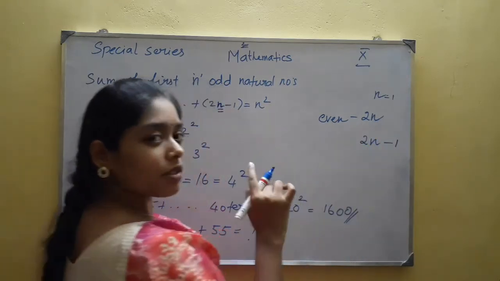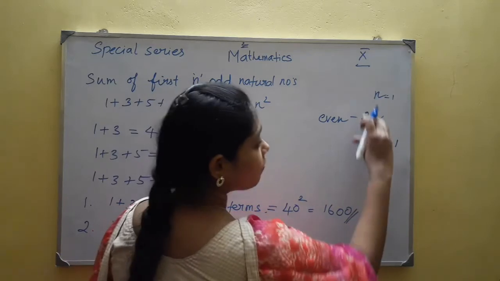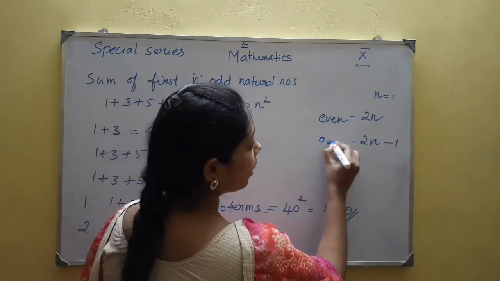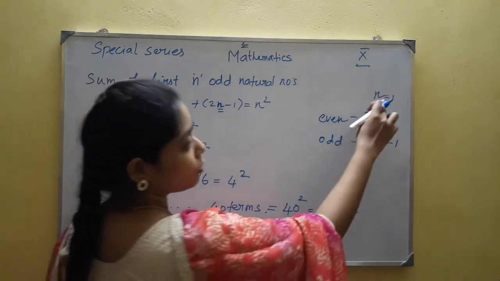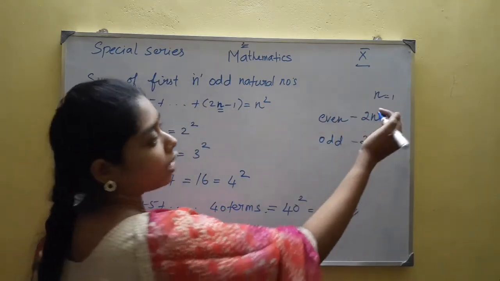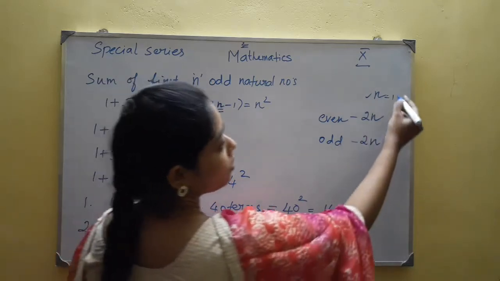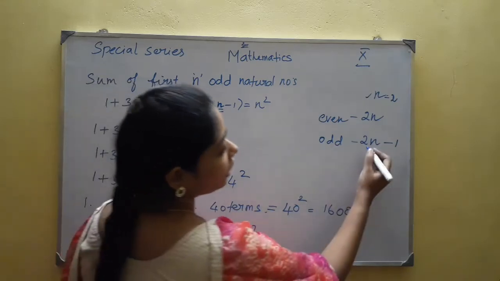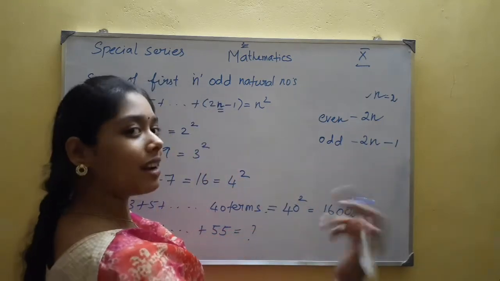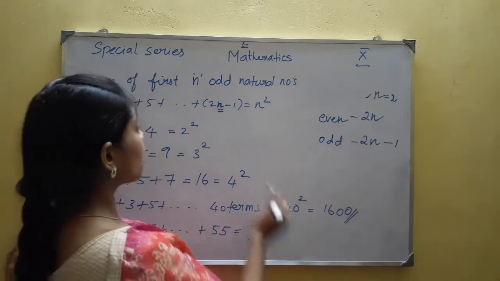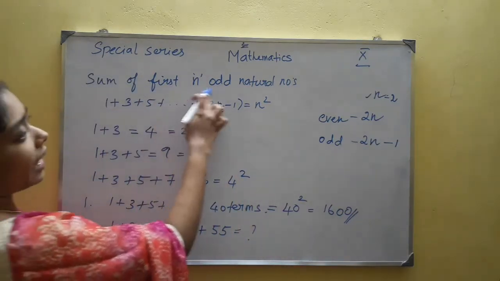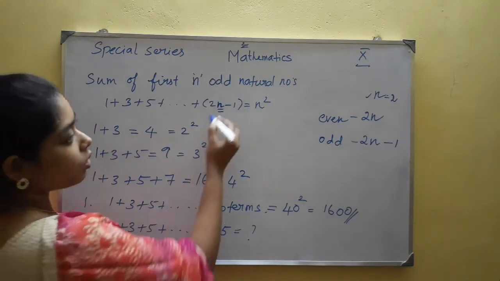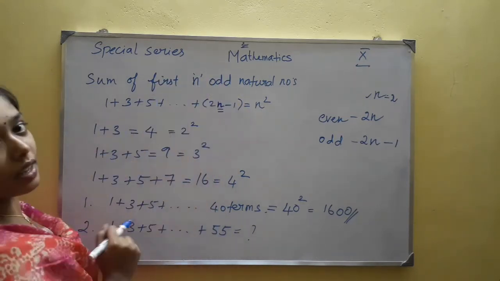So if you want to get the first odd natural number, in this value 2n, if you subtract 1, you will automatically get the first odd natural number if you substitute n equal to 1. For further values of n, you will get further even numbers. If you substitute n equal to 2, it will be 4, the second even natural number. Here 4 minus 1 is 3, the second odd natural number. This way you will get odd numbers. So this is the first n odd natural numbers, no? So the nth term is 2n minus 1 here. So n denotes the total number of terms taken in the summation.